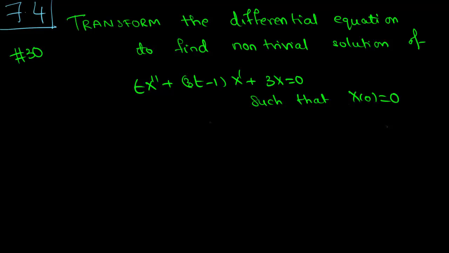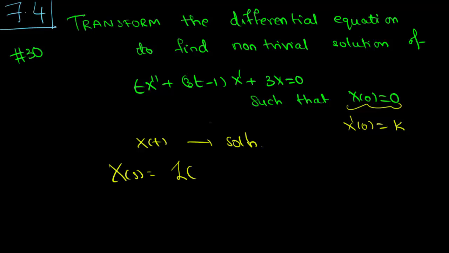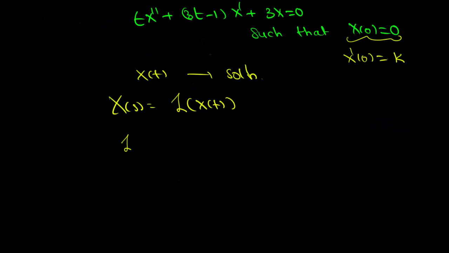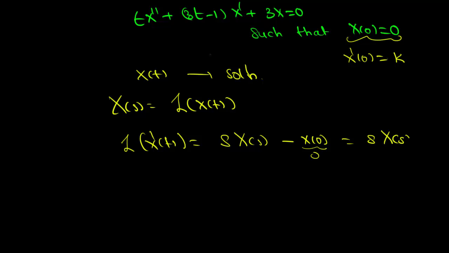In this particular problem, we are given that we have to find the solution such that x(0) is 0. Let us assume that x'(0) is some constant k and say x(t) is the solution. Let X(s) be the Laplace transform of x(t). Then the Laplace transform of x'(t) is sX(s) minus x(0), but x(0) is 0, so this is just sX(s), and